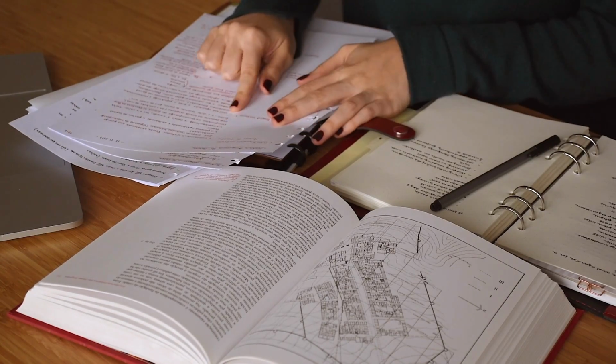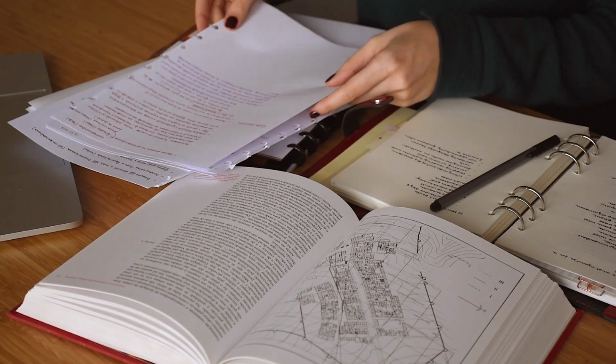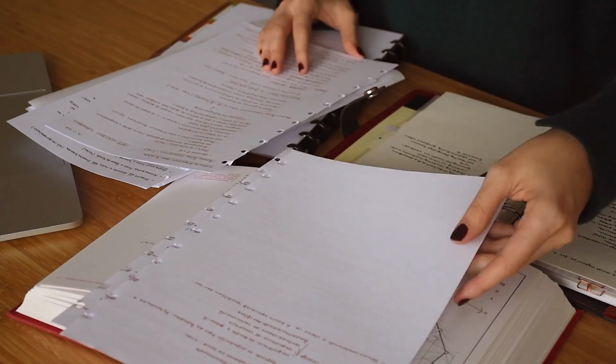My seventh tip is to create your personal studying or learning area. I know that not everyone has the ability to create a study space in their home, and you need to go outside to a library or to your school. I remember that when I was in high school, I always went to the same library, and I always picked the same table. Having that specific space saved for me, despite not being at home, always put me into the mood for studying